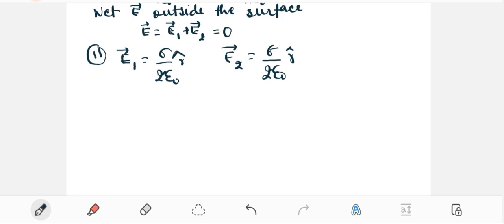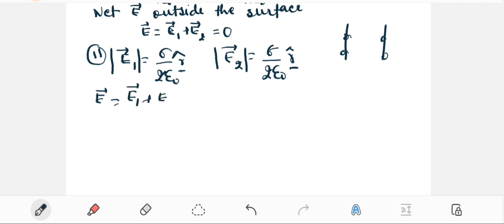But here we will be talking about the magnitude. Even if we don't take the magnitude, when we are talking about a point within the plates, we don't need to take the direction. Now here the net electric field will be equal to E1